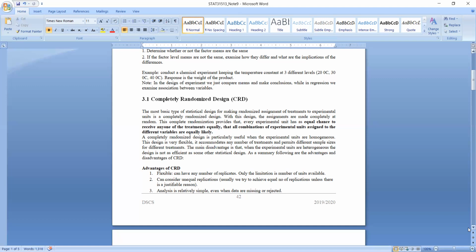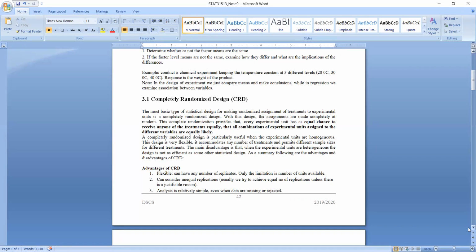So the main disadvantage is when you have differences between your experimental units. In other words, when the experimental units are heterogeneous, the completely randomized design is not that effective. So when it comes to this CRD, completely randomized design, there are advantages as well as disadvantages. If you have a look at the advantages,